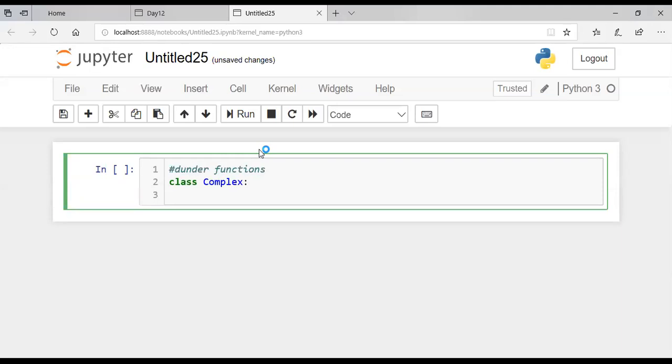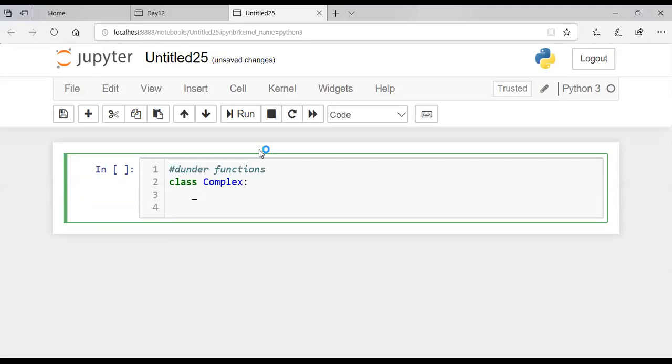Every method should have the self variable in it. The self variable gives us the facility to call the method automatically. Therefore, all the functions must have self in them. Then we'll take real and imaginary.